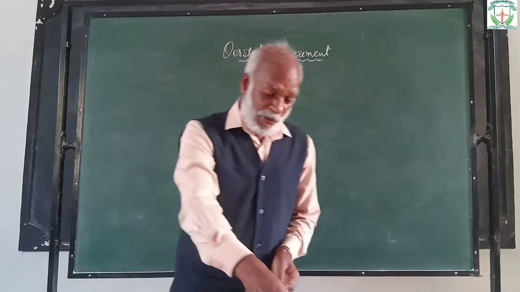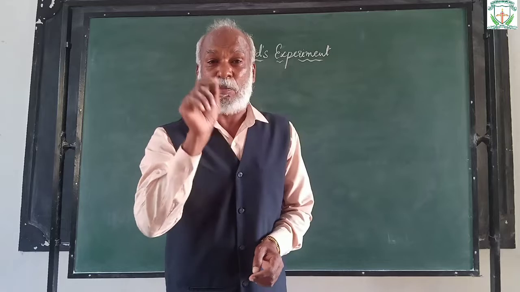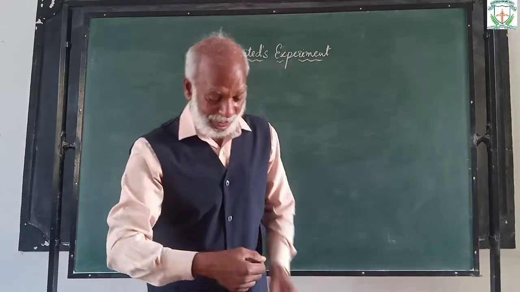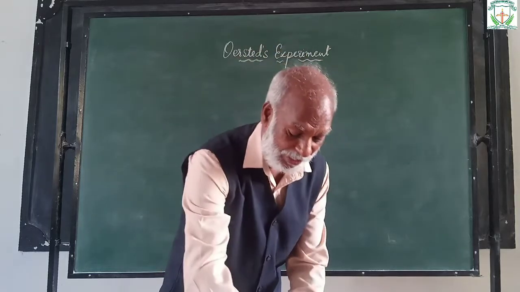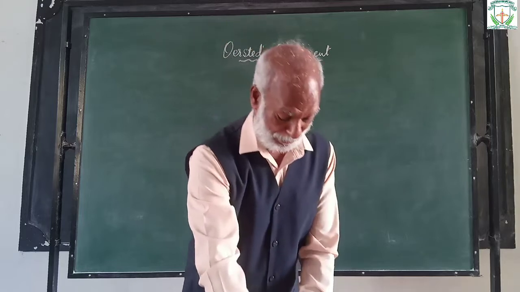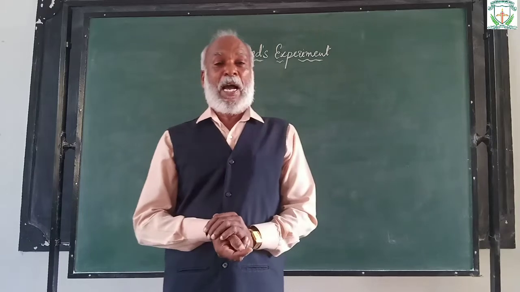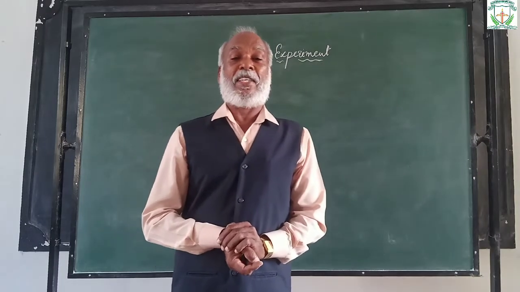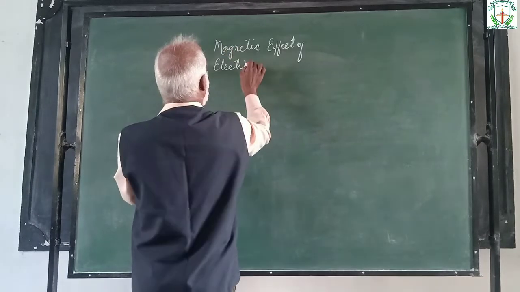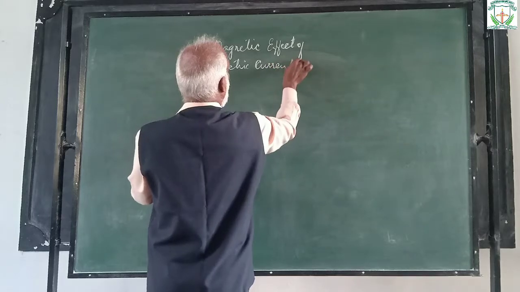That means to say, current in the conductor induces a magnetic field around it. Current in the straight conductor induces a magnetic field around it. This is called the magnetic effect of electric current. So today we are going to learn about the magnetic effect of electric current. Children,